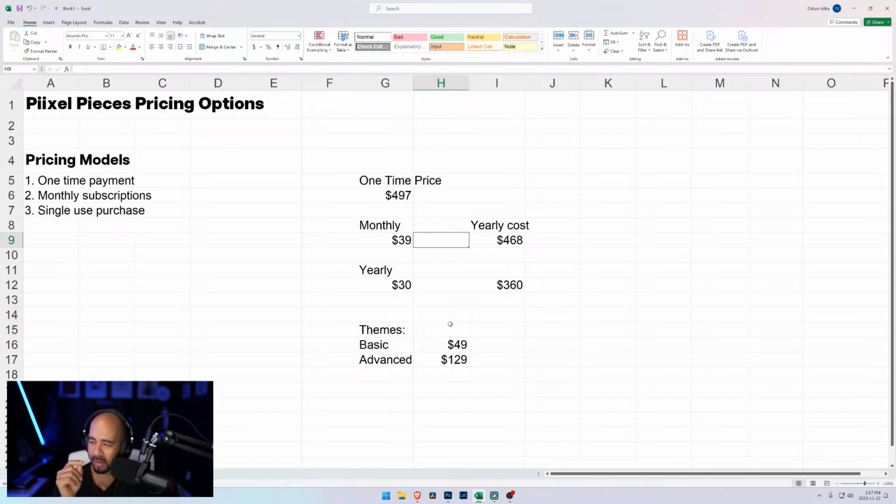So my thought, and what my gut is telling me, is that on the pricing page we'll have pay once for lifetime access, but for the themes, have those be something you can buy individually instead of having to sign up. Therefore, if you wanted to buy 3 or 4 themes, it becomes more practical to buy full access to the whole Pixel Pieces library, if that makes sense. That's what I'm thinking anyways.